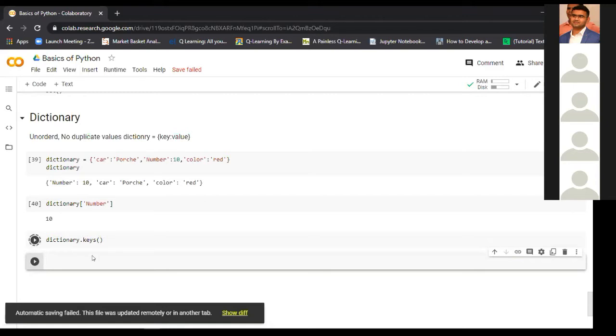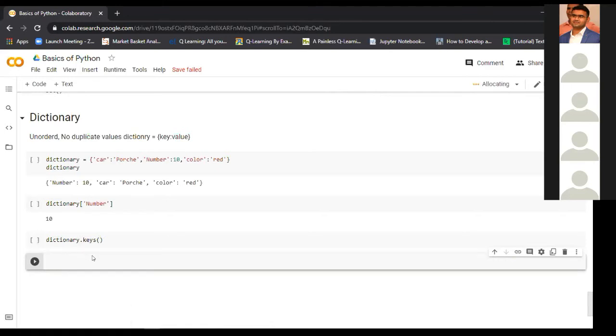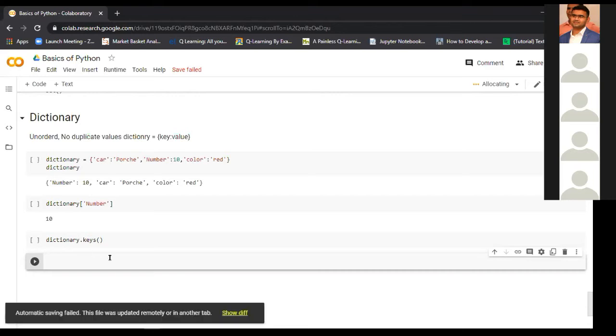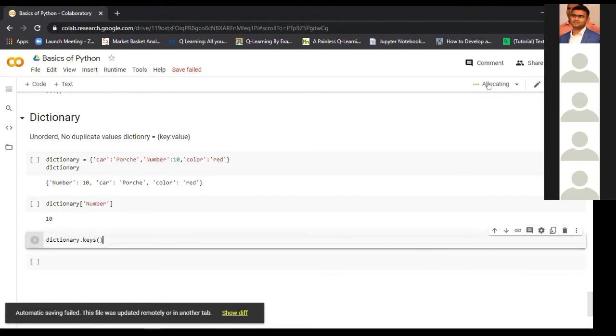Why is it taking that long? Sorry, it got disconnected from the server. Hello, hello.